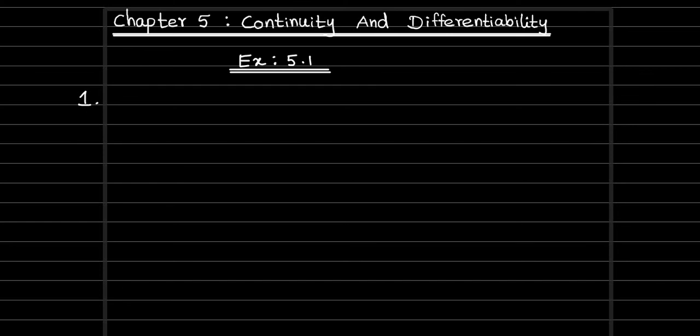In this video, we are going to see for CBSE Board Grade 12 Standard Maths Chapter number 5, Continuity and Differentiability. Already in the last videos, I have uploaded the solutions of example 1 to example 20. And now in this video, we are going to see the solutions of the first sum from the exercise 5.1.